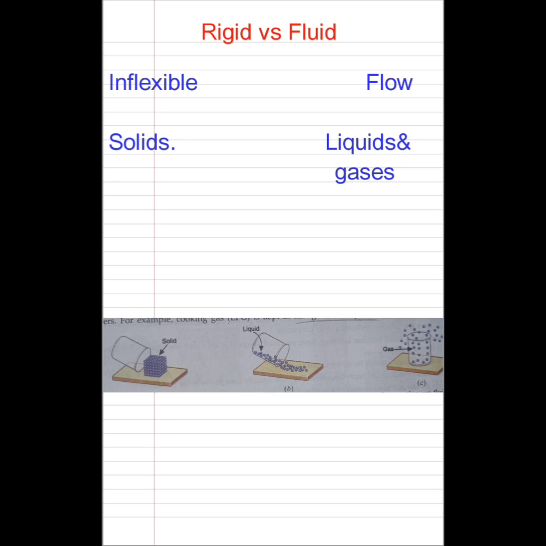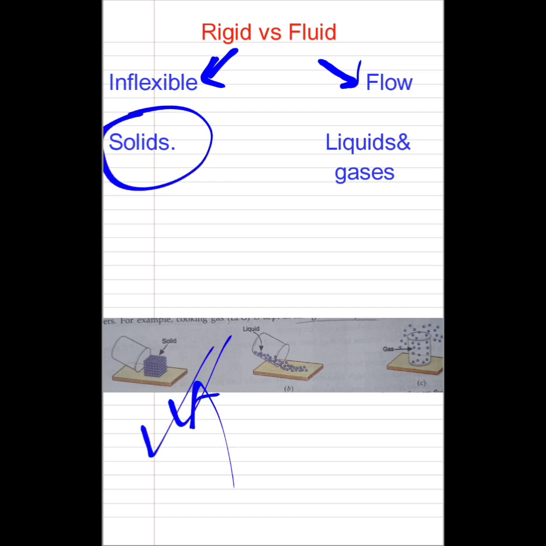Now rigid versus fluid. The term only explains rigid versus fluid. Rigid means inflexible or not flexible. Fluid means the property to flow. So we all know that solids are rigid because, as you can see in the diagram, when we